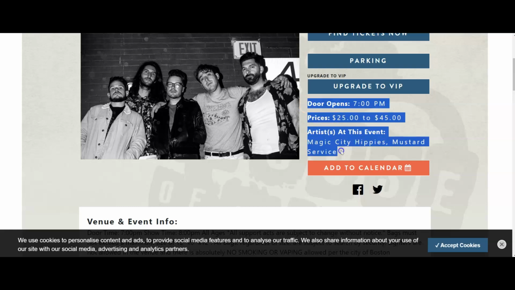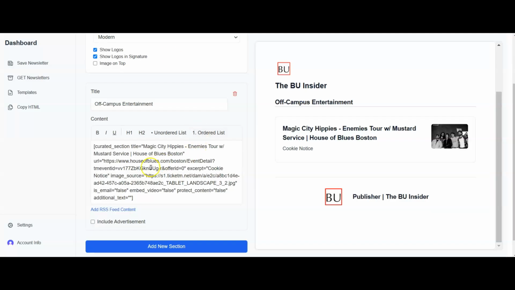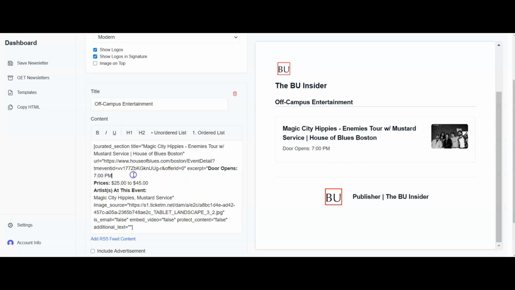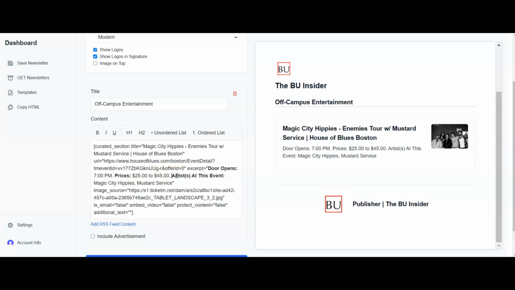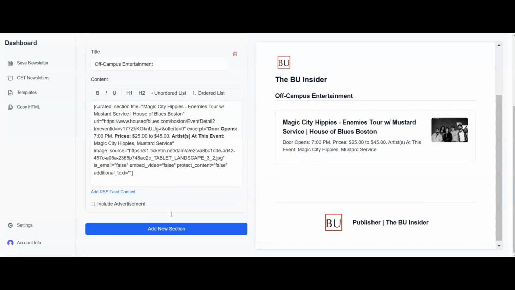So all I need to do is grab this, cut and paste it off the page, pop it into this code here. So I'm looking for this bit that's called cookie notice. That's the excerpt. Just going to take that, highlight it, Control V, and straight away that information is in there. So what I'm going to do is a quick edit, and that quickly I have got my first bit of information into my newsletter. I'm just going to go ahead, hit enter,